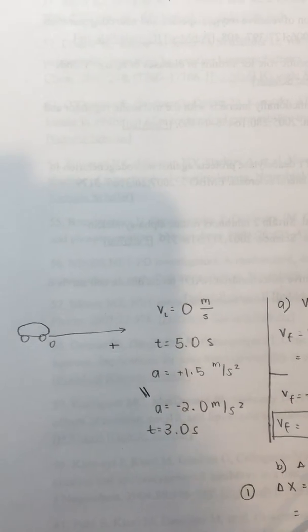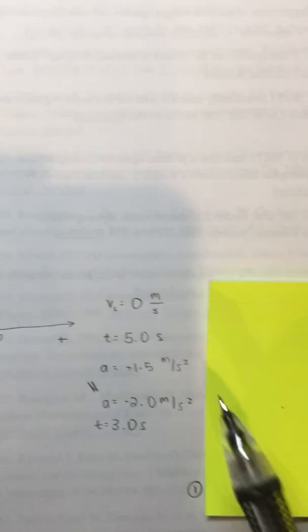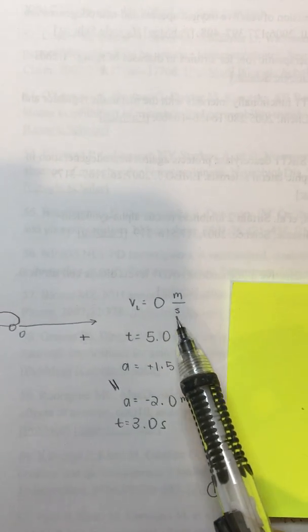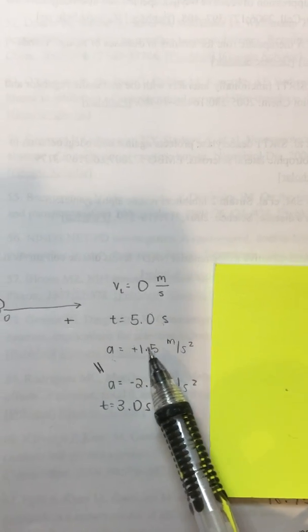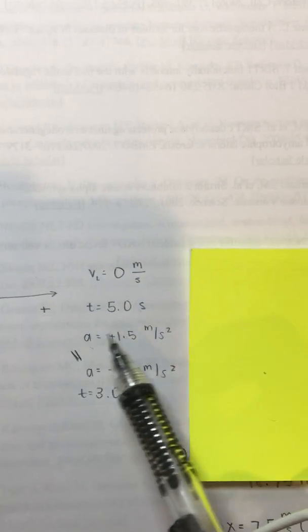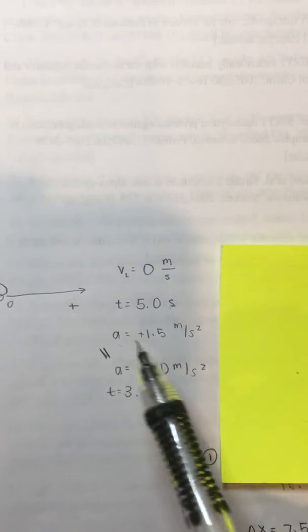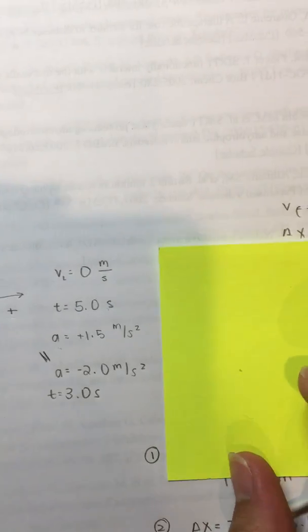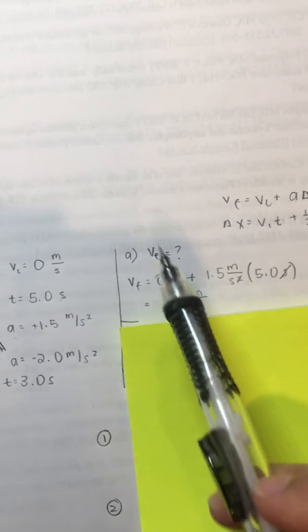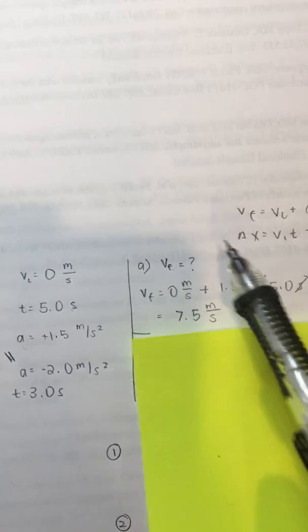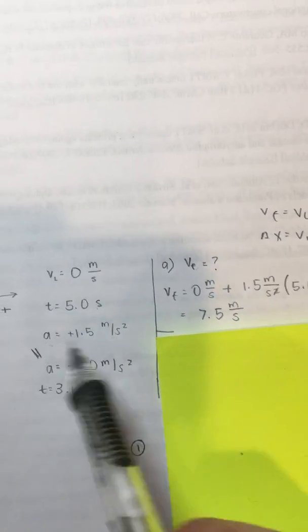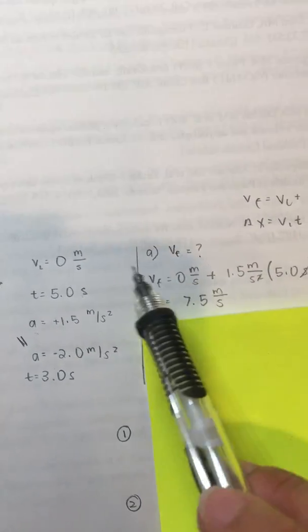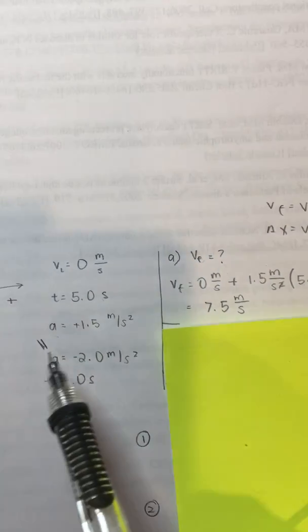So we need to first label the givens, which is the initial velocity is 0 meters per second, the time is 5 seconds, and the acceleration is positive 1.5 meters per second squared. And this information is for the car before it hits the brakes. So we need to find the final velocity of this period in order to use the final velocity as the initial velocity for the brake. Because at the end of this period, the speed at which the car is driving will be the speed at which the car starts